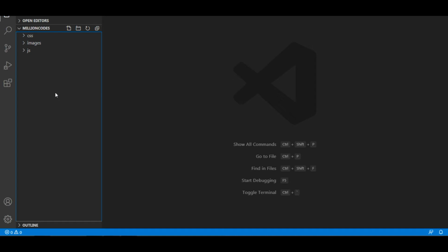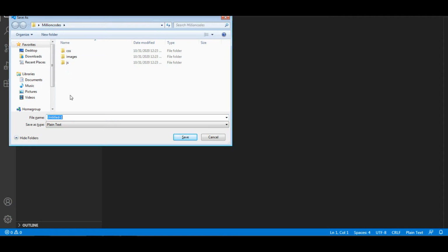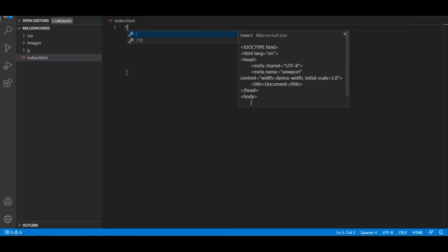I am going to create the new file and save it in the same folder as index.html. Then I am going to type the exclamation mark.